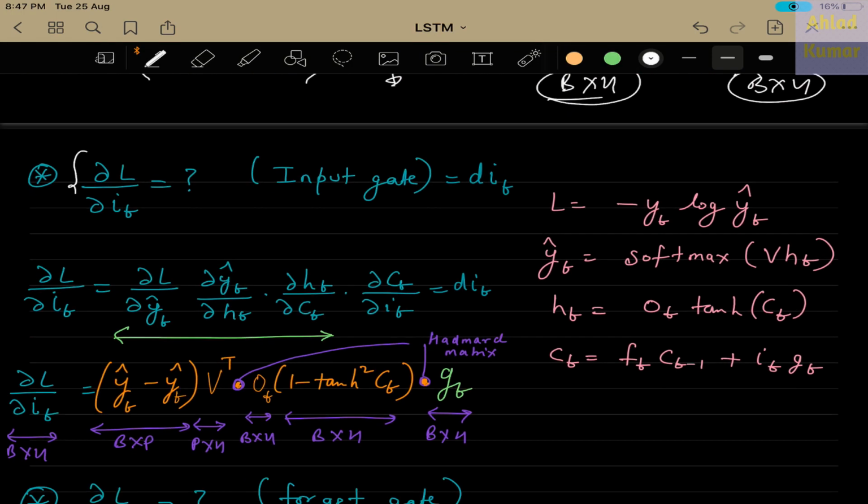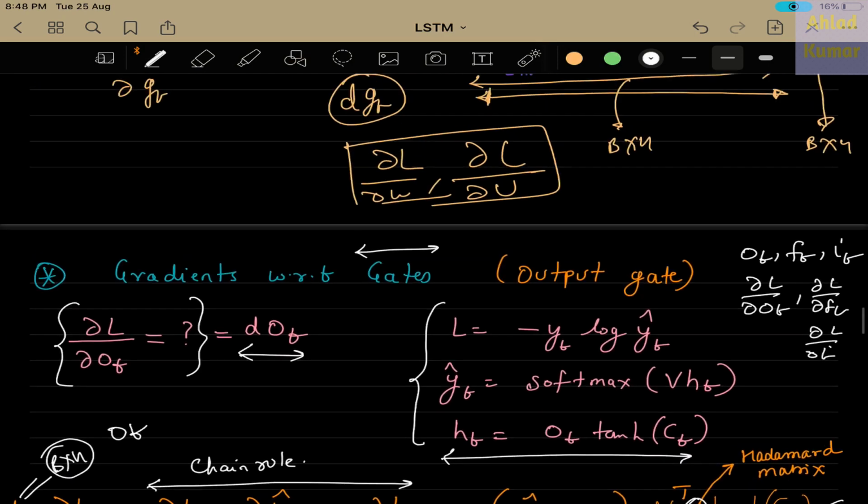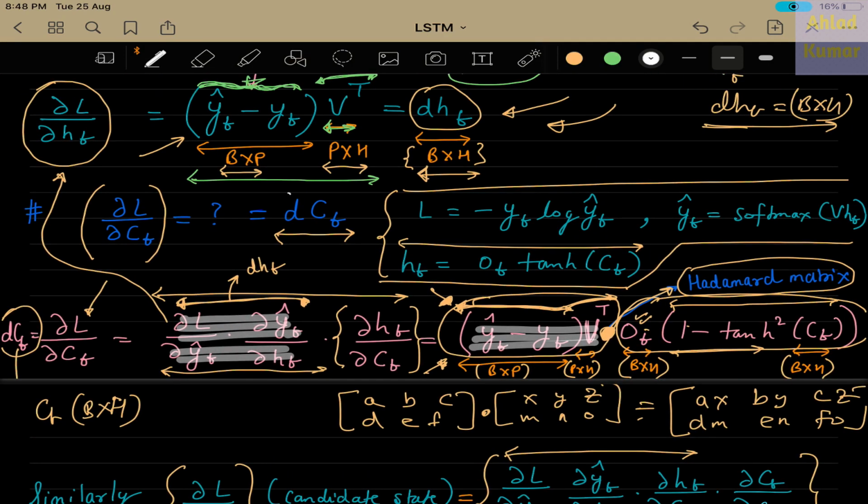Now the second thing we will discuss is the derivative of the loss with respect to IT, which we are calling DIT, and these are the relevant equations that I have picked up from the forward propagation, and you can carry out a similar exercise here. That is, the derivative of the loss with respect to IT is the derivative of the loss with respect to Y hat T, and then this expression, and then the derivative of HT with respect to CT, and then from CT to IT. You can recall that up to this expression is basically the derivative of the loss with respect to CT, and this we have already calculated in our earlier slides.